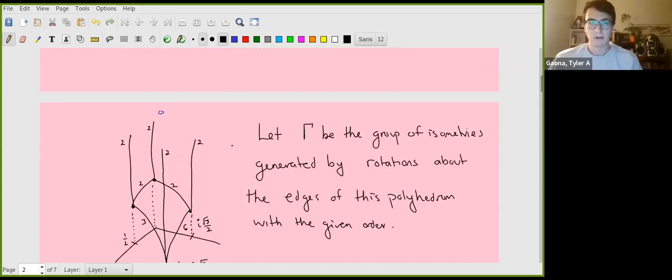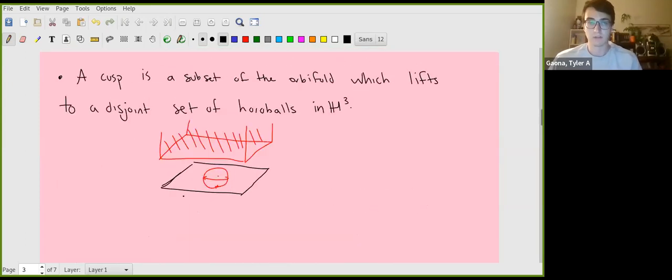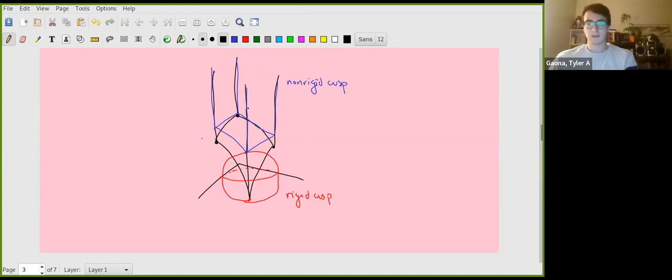So looking back here, our orbifold has two cusps, a non-rigid 2-2-2 cusp and a rigid 6-3-2 cusp. Now these labels tell you that when you take a cross section of the cusp, you get a Euclidean 2-orbifold, and the labelings tell you which Euclidean 2-orbifold you get. So let's place a horoball centered at infinity and let that cover the non-rigid cusp. And let's place a horoball at the other ideal point of our pyramid, of radius 1/2, and let that cover